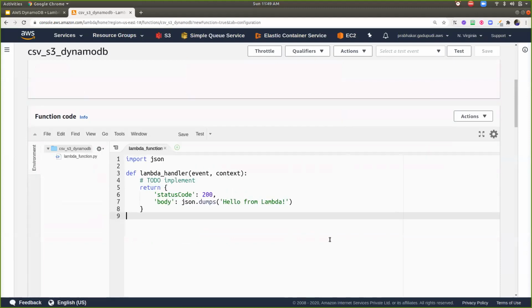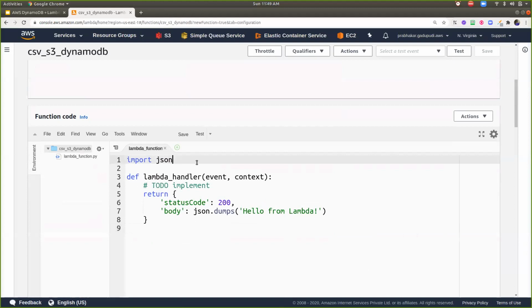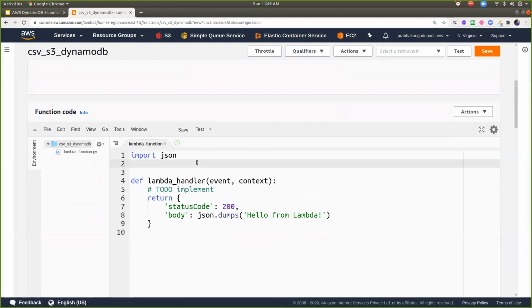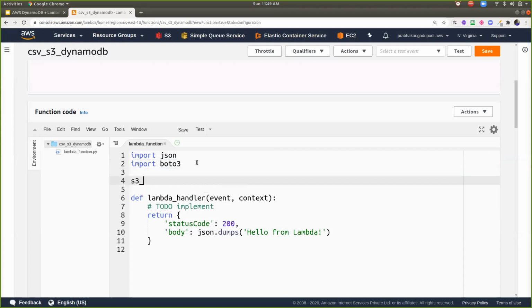Okay, so here is the default available Lambda function code. You can read the CSV file content. There is Boto3, which is a Python AWS SDK. With the help of that, you can manage and do the stuff for the AWS resources using Python. So I can use the library called Boto3. After that, I'm creating the variable S3 client with boto3.client, and here I'm using it as S3. Similarly, you can use it for EC2, DynamoDB, or any other AWS resources you can specify.